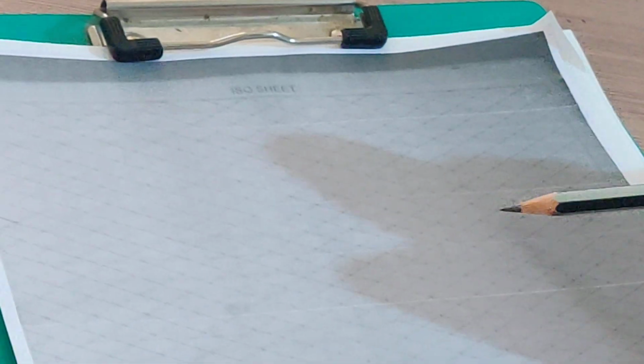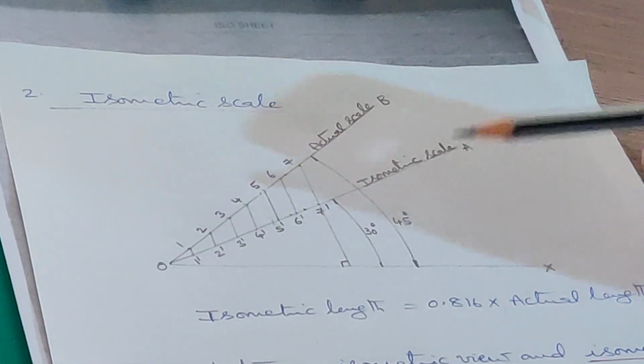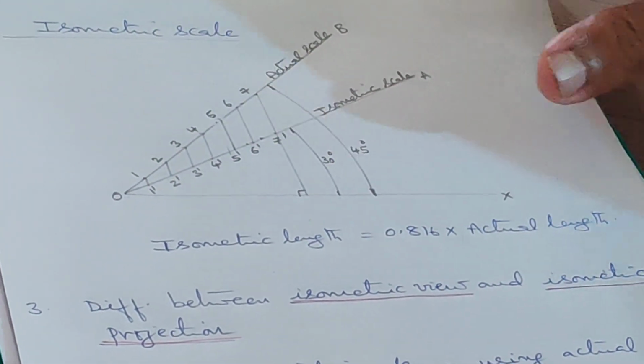So normally what you do is construct an isometric scale in one corner when you are making use of this sheet. When the distances are in terms of 5 mm or 10 mm, you can straight away use the graph sheet itself. But if the distances are in terms of 2 mm, 3 mm, 4 mm and so on, then you can make use of the isometric scale. Just now I have shown you the isometric scale. This is the isometric scale. You have to construct this at one corner, so that you can use it for finding the isometric lengths of odd distances.